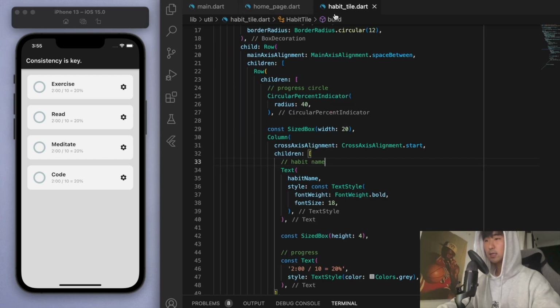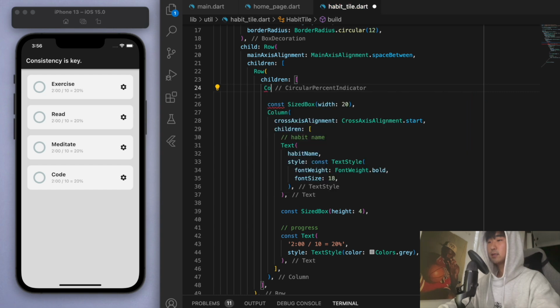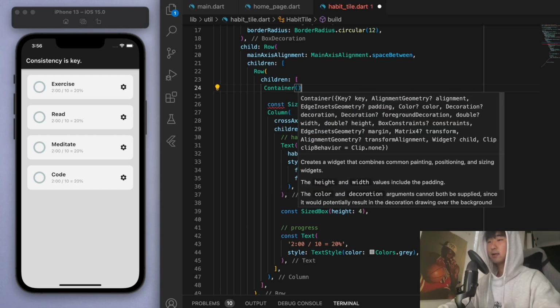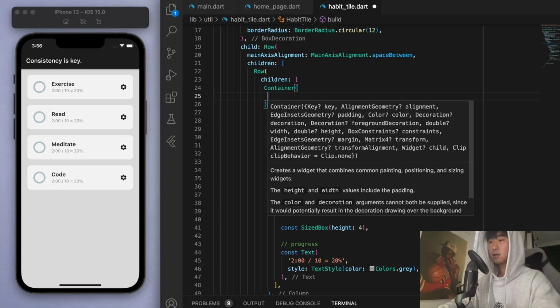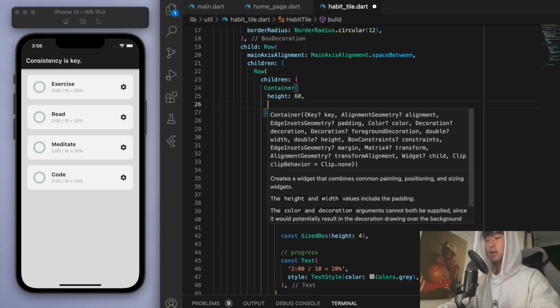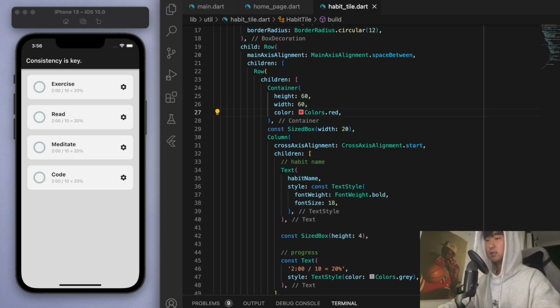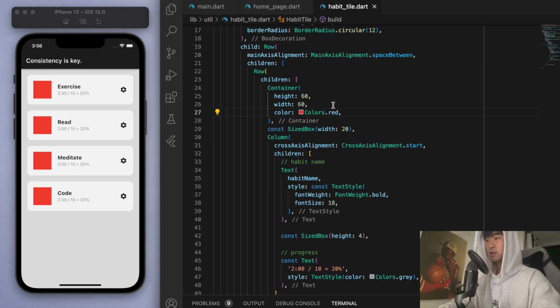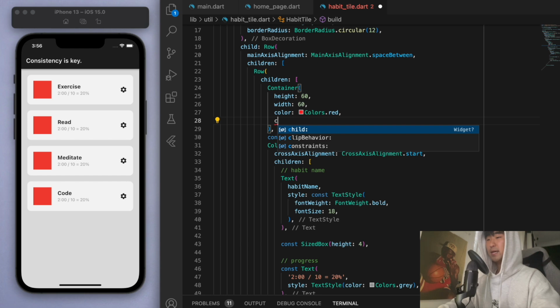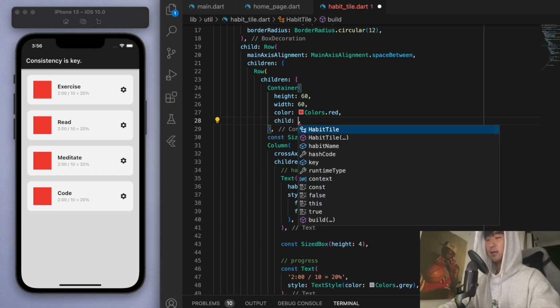Cool. Now one last thing I want to do is the play button. Inside here, I want to create a play button right in the middle. So I'm going to create a container of height 60 and width 60. And let's give it a color just so I can see where this is. Okay, here it is. And in there, I want to create a child,